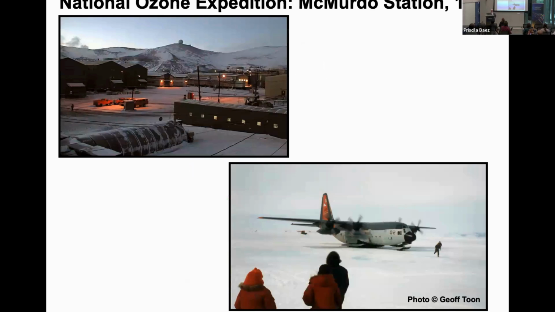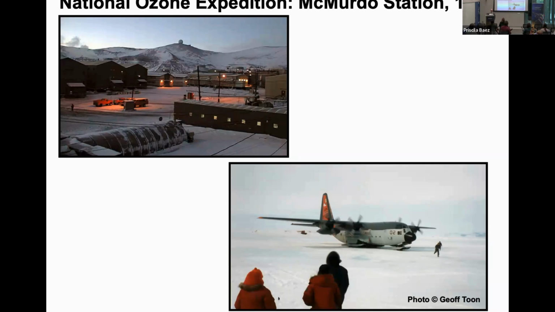Well, in 1986, there was an expedition to go to Antarctica. This is the McMurdo Research Station as it looked back then. This is a photograph that my colleague Jeff Toon took of the expedition. Notice the airplane has skis. Notice the engine propellers are still moving. Great exposure here. Notice the fellows are running. They're urgent. And this is Susan Solomon, by the way, who led the expedition.